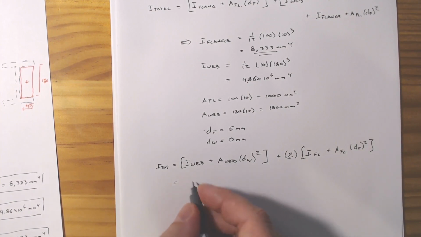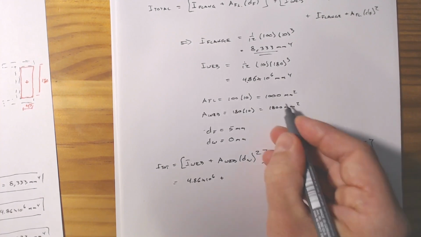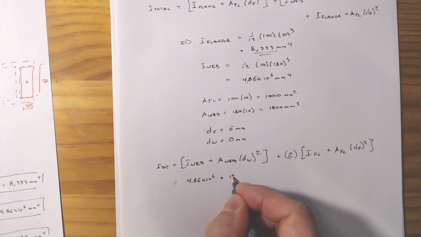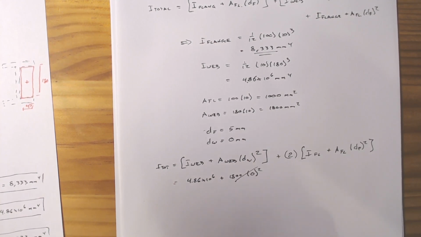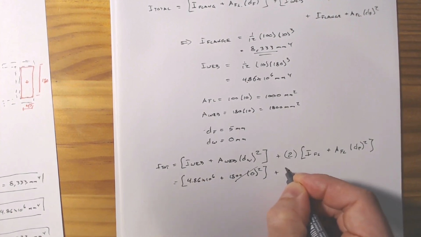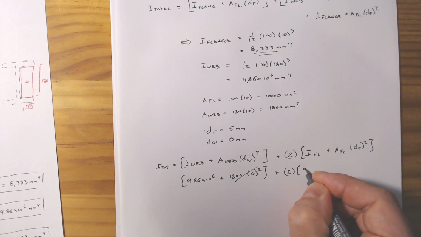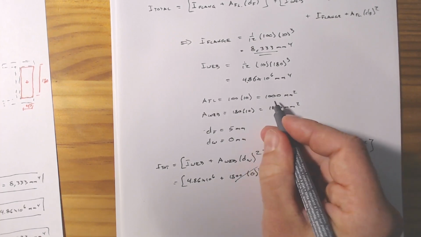So this is simply going to be 4.86 times 10 to the 6th plus 1800 times 0 squared, so that goes to 0, plus 2 times 8,333 plus